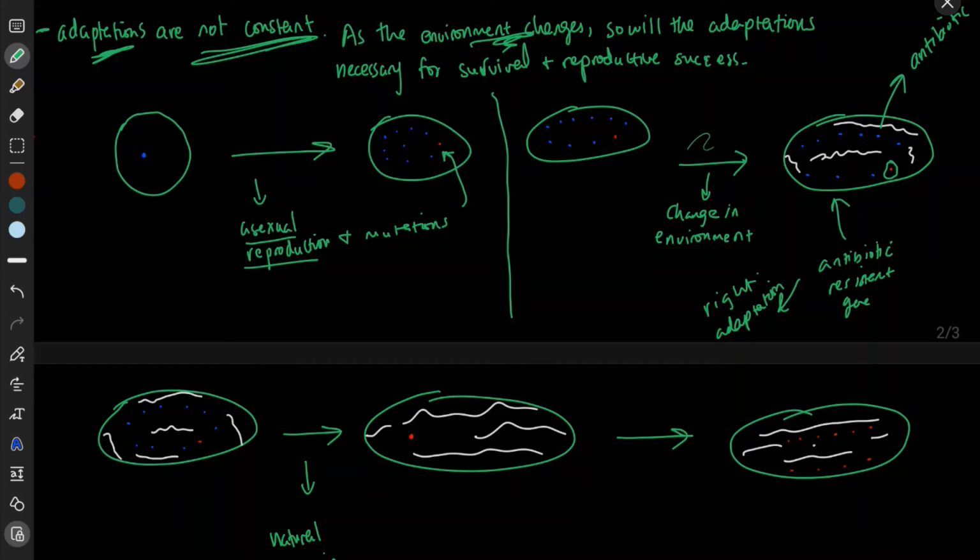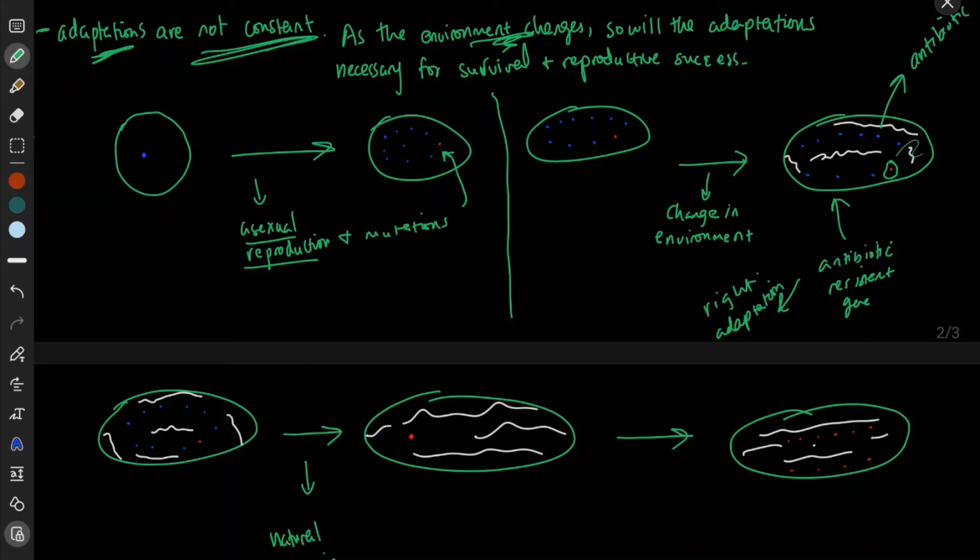Okay, so now again, originally we just had agar and the nutrients and a fairly stable environment, so the adaptations necessary to survive weren't that stringent. But now we change the environment, and if the environment changes, the adaptations necessary to survive in that environment also change, which gives rise to the significance of our antibiotic resistant gene, because we've introduced these antibiotics to this petri dish,